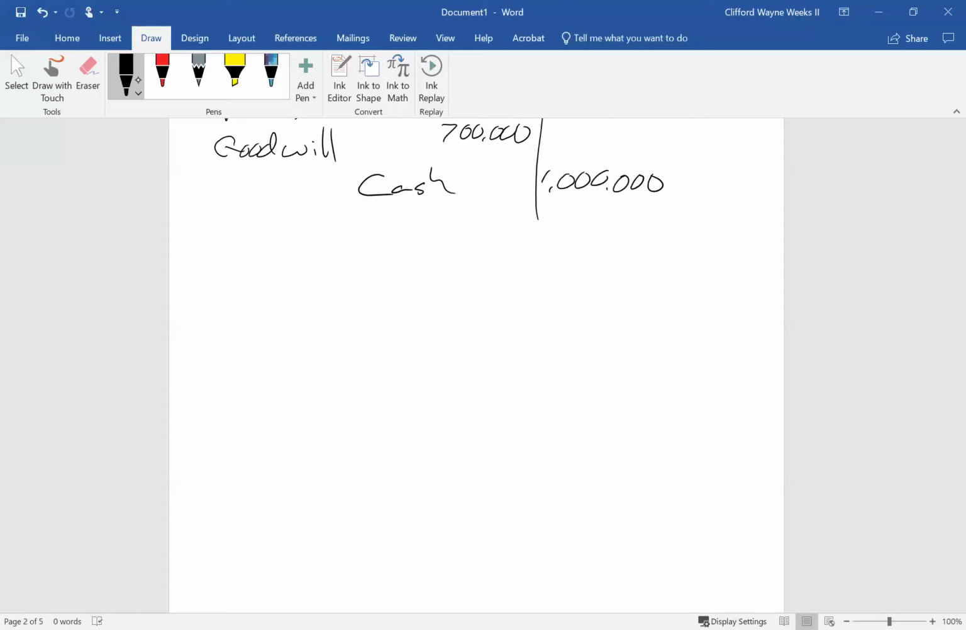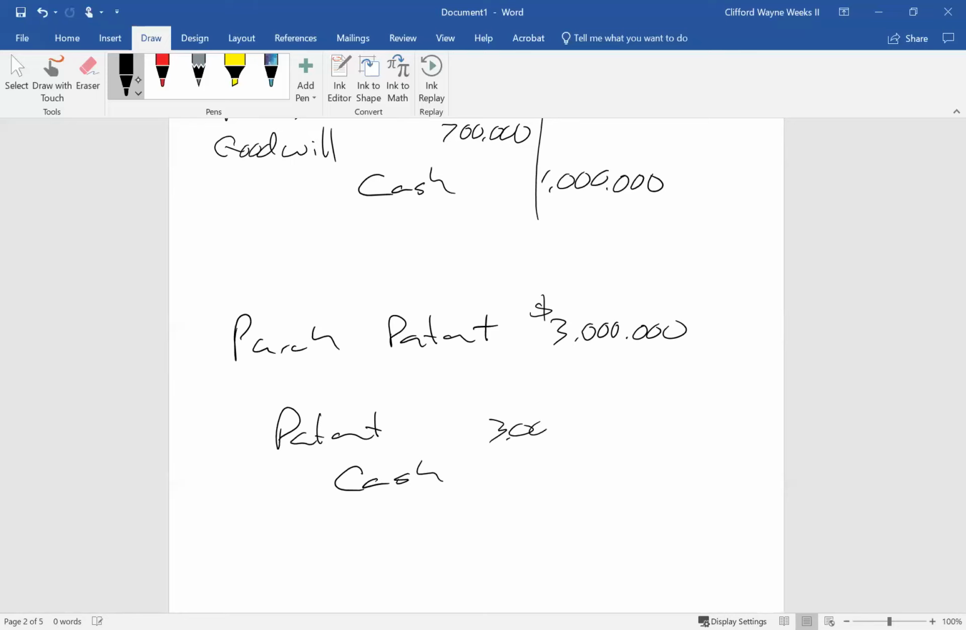Okay. And so we're going to purchase this patent for $3 million. So we're going to purchase the patent for $3 million. So the journal entry is going to be a debit to patent and a credit to cash for $3 million. Okay. Well, because